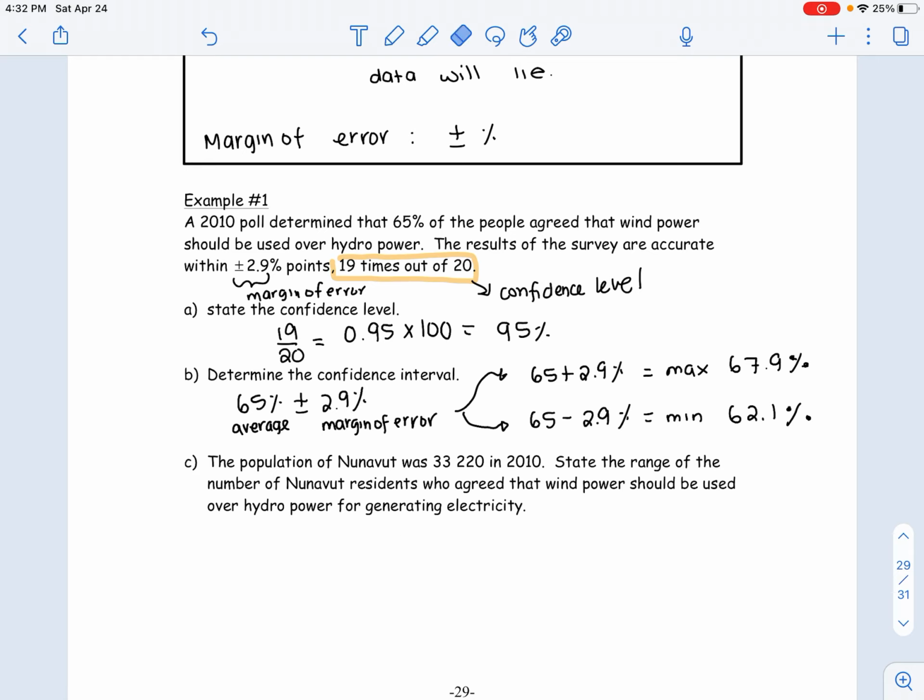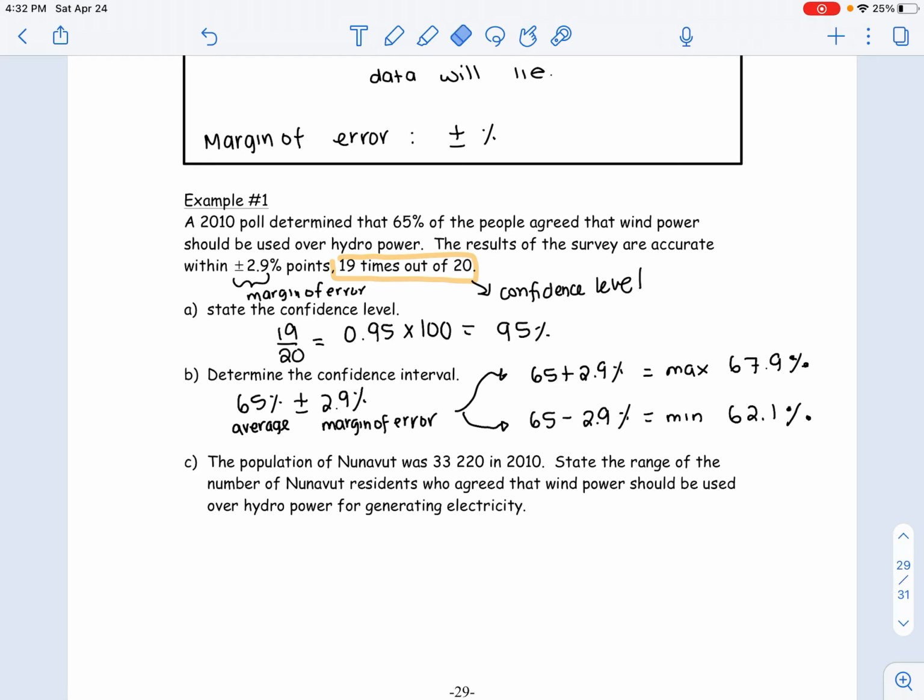And then they're telling you the confidence level is 4 out of 5. So we're always going to take the 4 divided by 5. 4 out of 5, make it a fraction. Always multiply this answer by 100. So 4 divided by 5 in your calculator is 0.8, multiplied by 100 gives you an 80% confidence level. So we have an 80% confidence level that the people will fit within these categories.